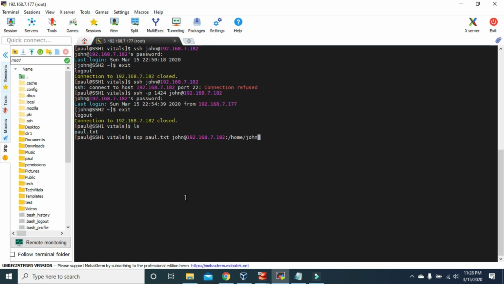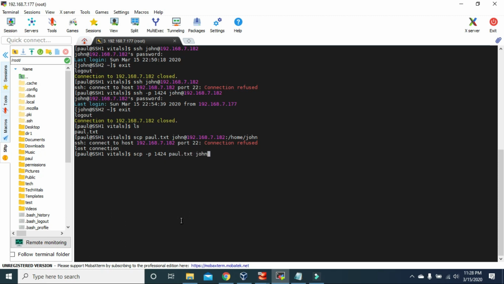So if we type enter, it will say connection refused because this command only works when the port number of SSH is 22. So here we have to again add -p attribute,